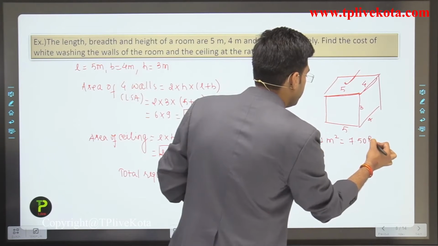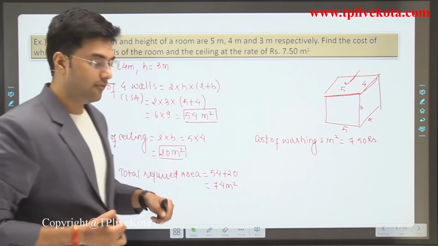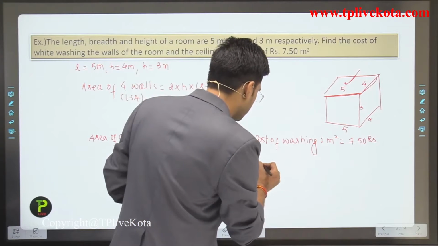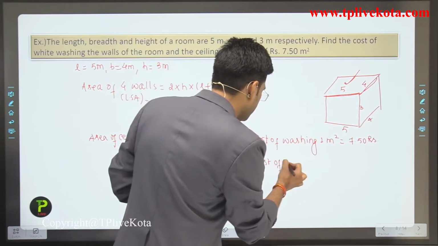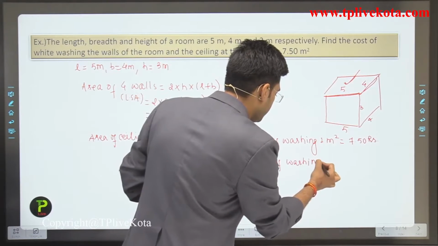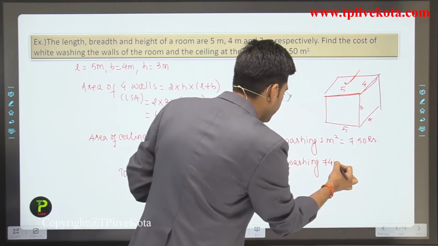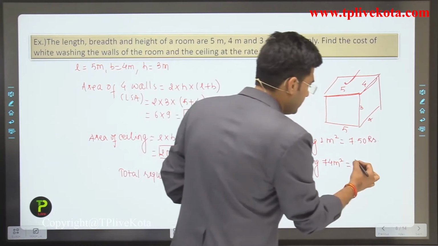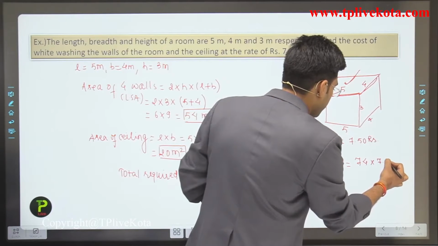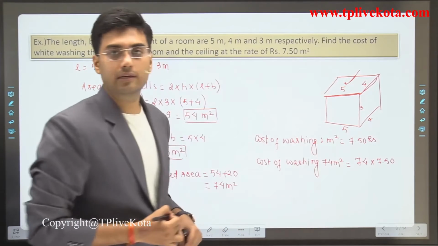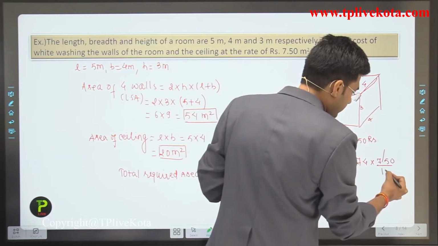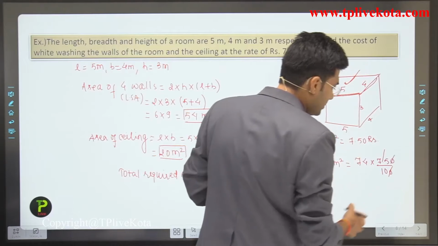7.50 rupees. Clear? And we have to wash total 74 meter square area. So cost of washing 74 meter square area is nothing but 74 multiplied by 7.50. Clear? And when we solve this, 0 and 0 cancel out,